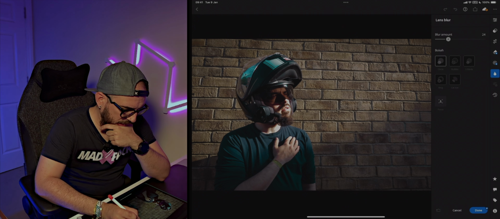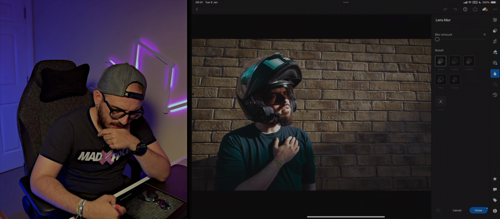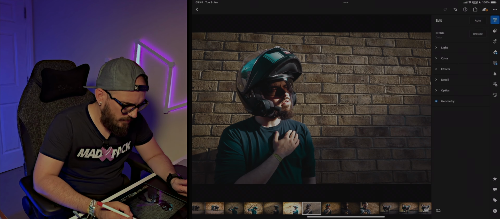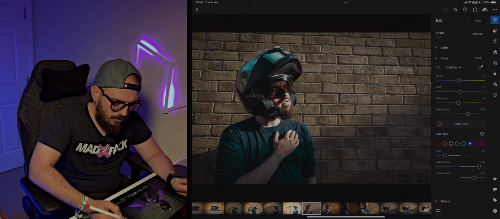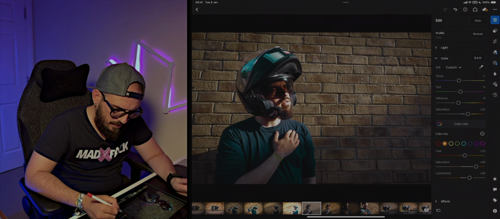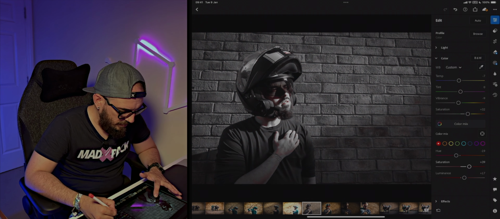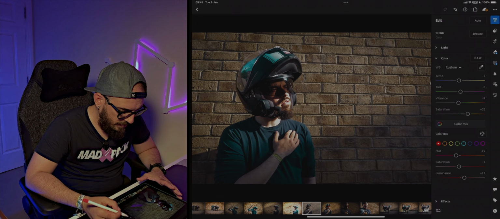Blur amount, I can also do that. No, I can't, because this is paid, so I can't do that. I'm just not happy with the color itself. I need to just go there again. And that's the problem, because here, since it's a bit limited, let me just see if it's affecting the face. Yeah, it's affecting the face, so I'm going to just reduce until it's not really affecting the face,